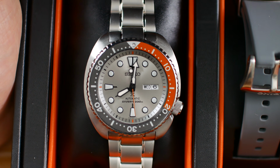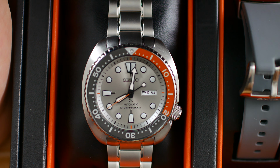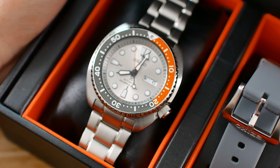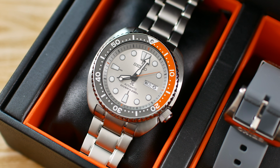The watch is 45 millimeters in diameter, although the diameter of the actual bezel itself is of course quite a bit smaller. So while this is a large watch at 45 millimeters, I have to say it definitely does not wear like a 45 millimeter watch. It's about 13.5 millimeters thick. We have a stainless steel case. We have a unidirectional diving bezel with 120 clicks. We have a hard Lex crystal here up front, so no sapphire. We have a stainless steel screw-on case back, 200 meters of water resistance,